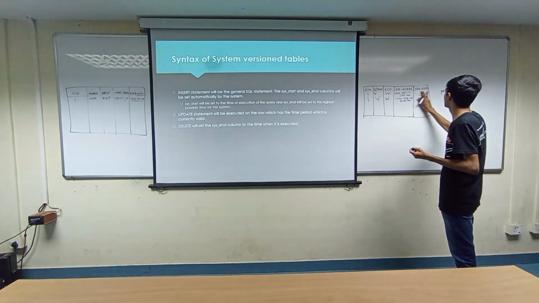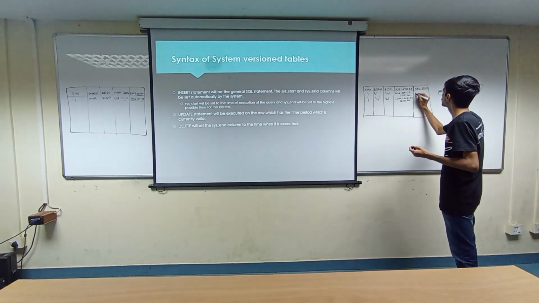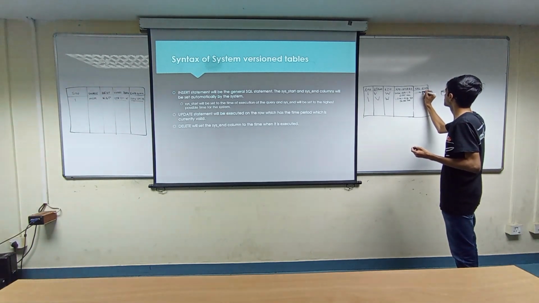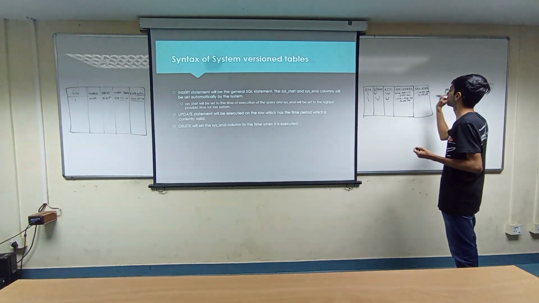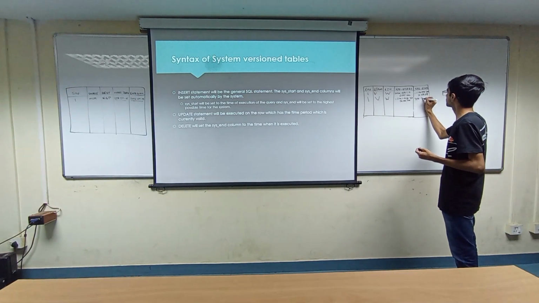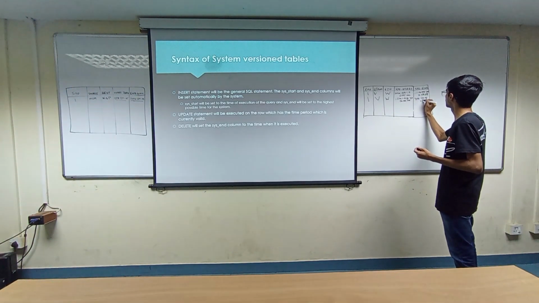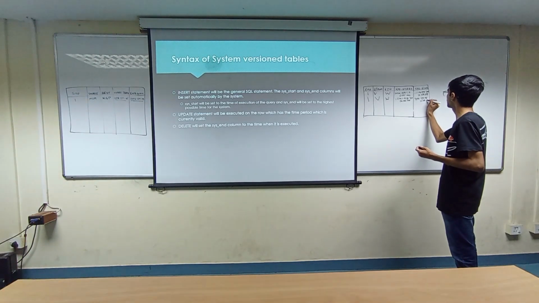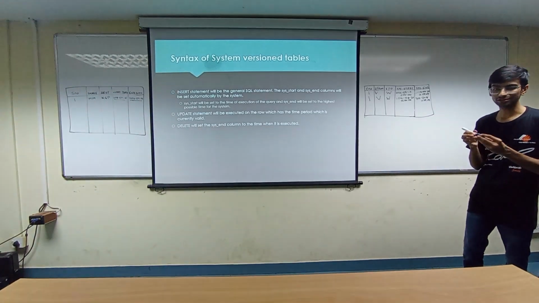And this end will be updated to 2024 08 29 11:59:59, and this will now be set to the maximum possible value, which is 12 31 11:59:59. So this is how the system